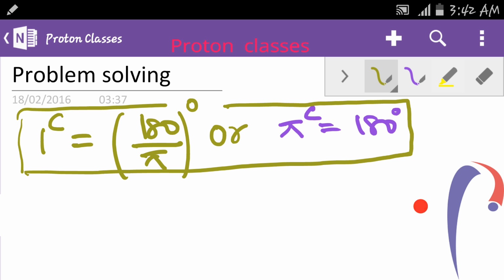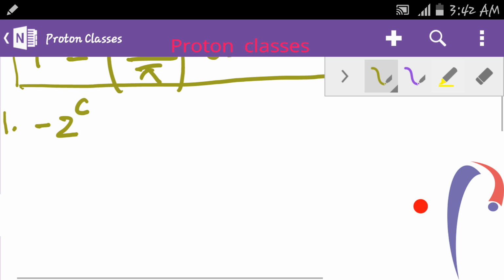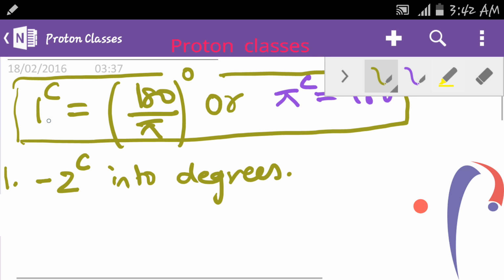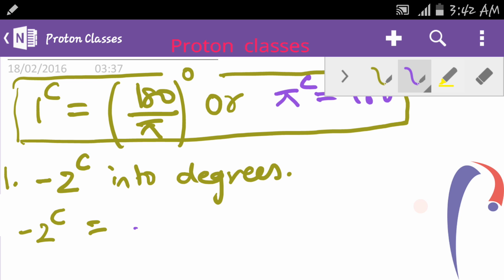Here I am taking the first question as convert radians into degrees. My first question is -2 radians. Now how do we convert it into degrees? We got a relation that 1 radian equals 180 upon pi degrees. Therefore -2 radians is equal to -2 into 180 upon pi